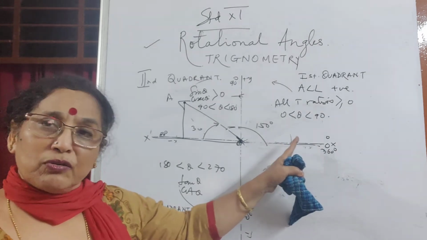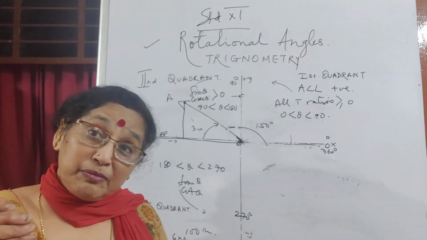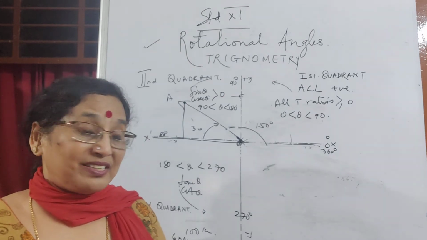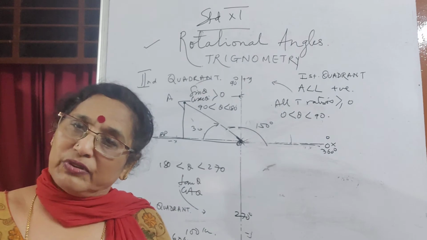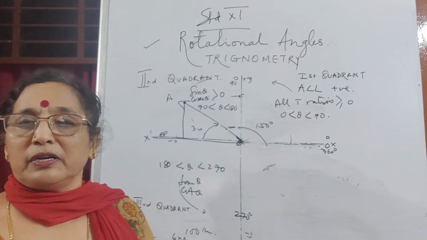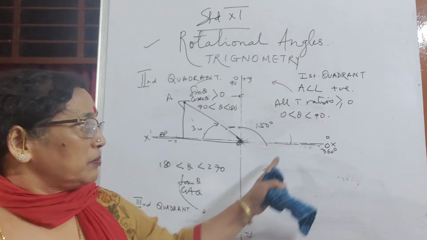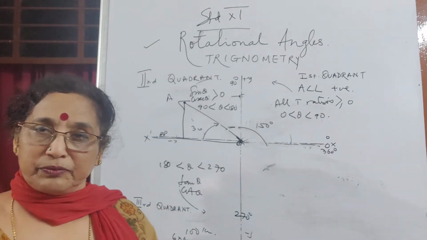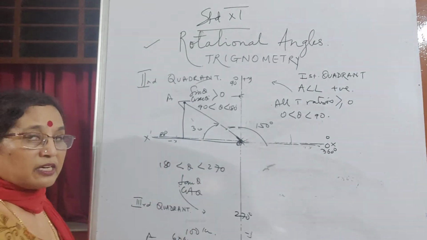This is 0 line or 360 line or 720 line or whatever. So 330 can be written as 360 minus 30. You know, one round is 360, a little bit less than 360, or 270 plus 60, right? So that way you can see the boundary number, either this line or this line. We'll come to that. So now you have this third quadrant.